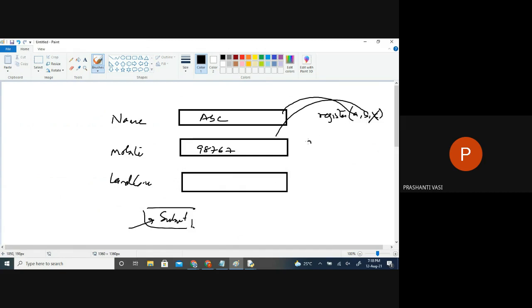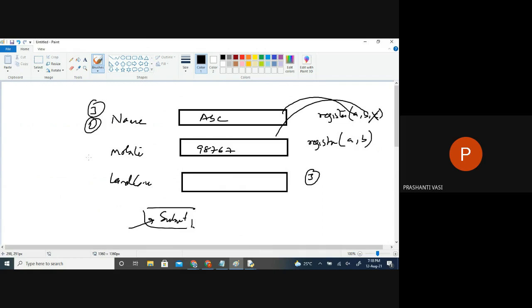So, yes, we call the function by passing how many inputs? Two. But the register function was expecting how many from you? Three. So will it accept this kind of registration? Will it be a success, or will it be a failure? It should fail, because it is expecting three and you have passed two. So it is too few parameters.